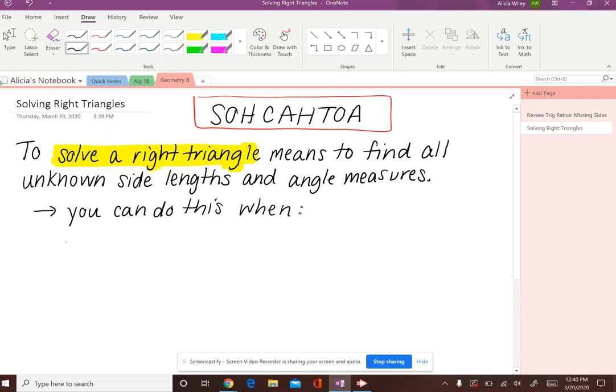So there's two scenarios. Scenario one, if you are given two side lengths, you can find the third side and you can find all three angle measurements. Now, of course, one of the angles is already going to be given to you because you know the 90-degree angle. The second scenario is when you are given one side length